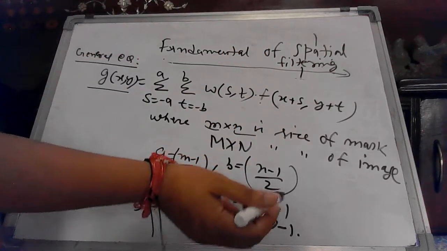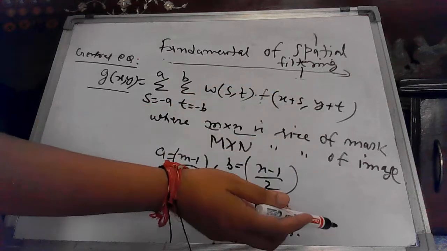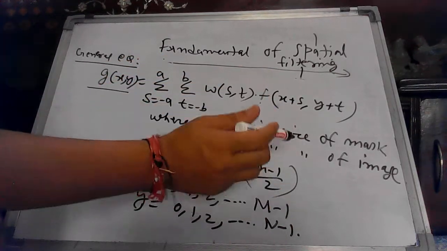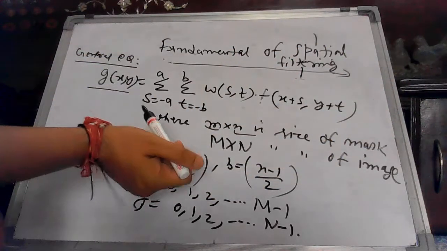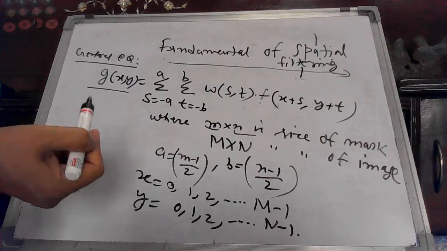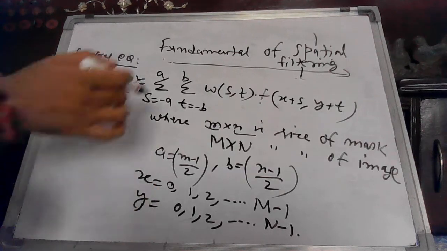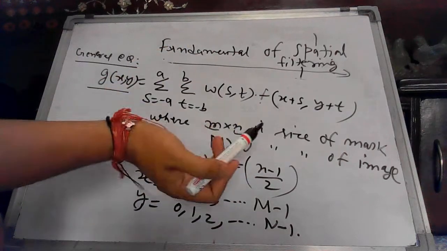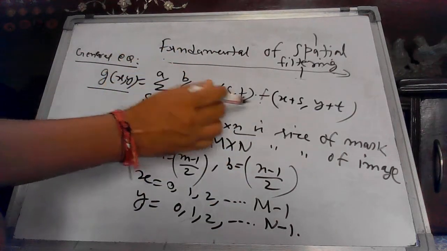So x will be varying from what? 0 to what? M cross n size, so 0 to m minus 1 vertically down and 0 to n minus 1 in the horizontal direction. Roughly, if you see it mathematically in any book, those who are good in electronics can understand well, but otherwise, whatever I have told you, simply that is the meaning of this particular formula.